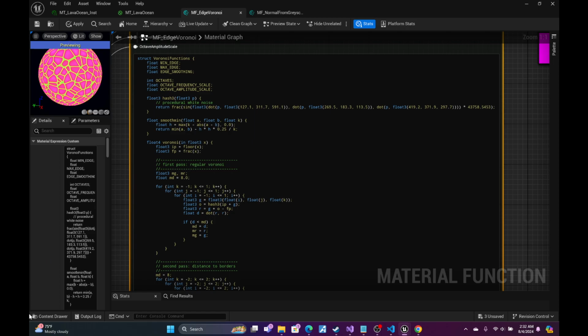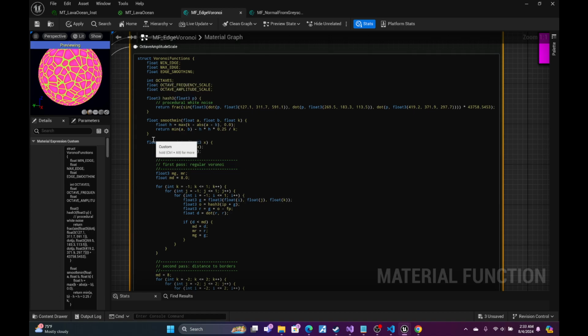It was initially a 2D Voronoi function. I spent a lot of time trying to use the Voronoi noise that comes with Unreal to generate this type of pattern of edges. You simply can't do it. With the way that they're outputting their Voronoi noise, you cannot isolate the edges effectively. So we wrote our own,